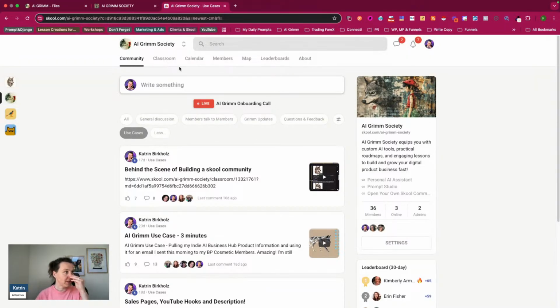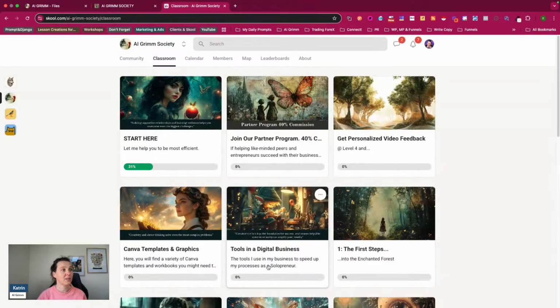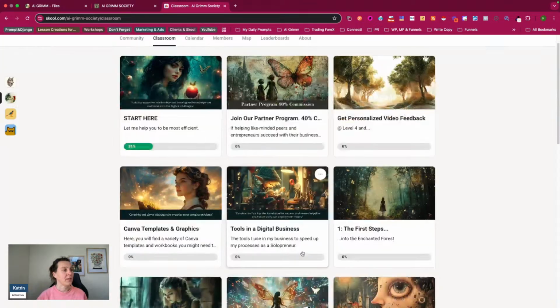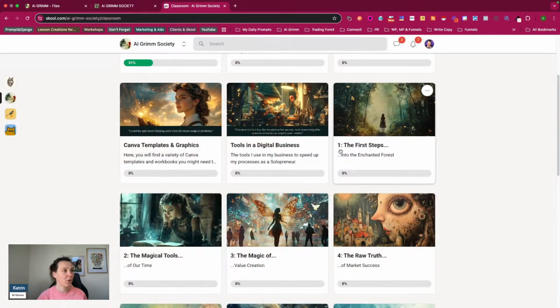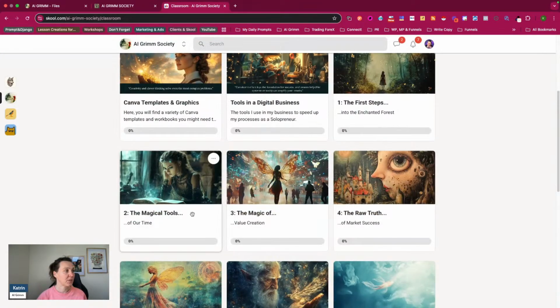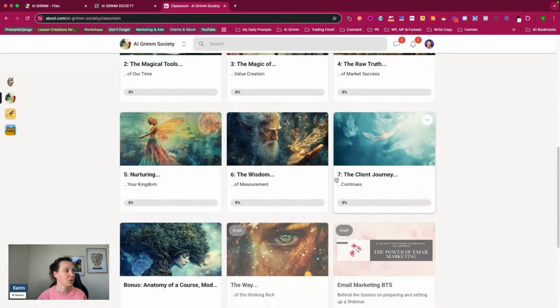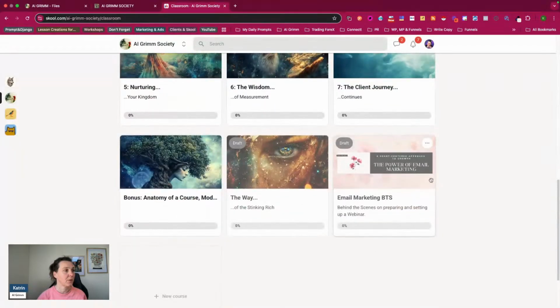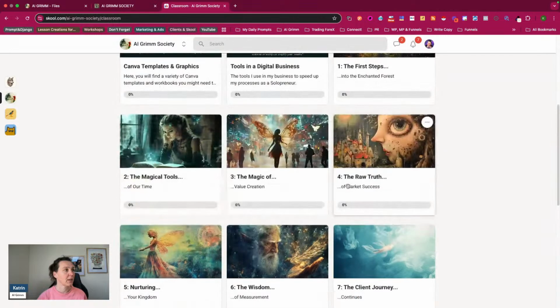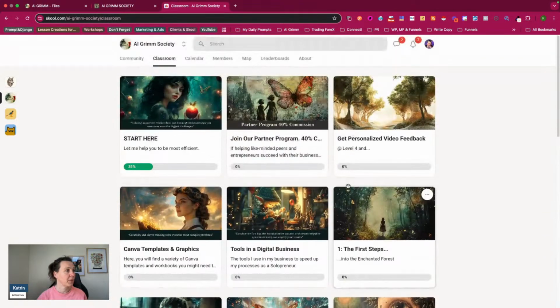Then the next part is actually the classroom itself. So the classroom is extremely comprehensive and there's a lot at first to take in. But it is also separated by modules like the first steps, the magical tools, the magic of value creation, the raw truth, and so on. So it goes all the way down. These two are not live right now, but they will be coming live. And then obviously the Start Here section